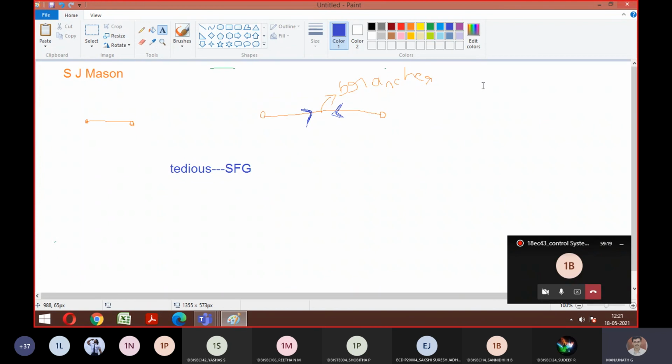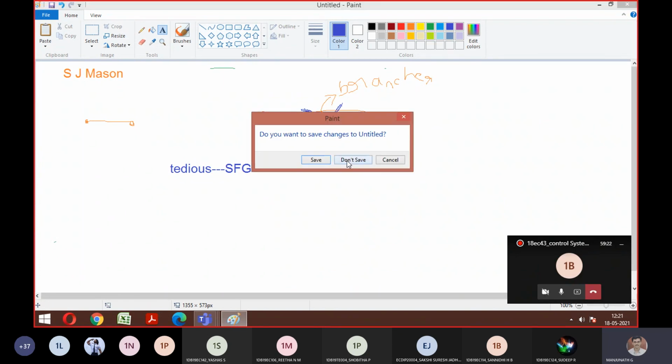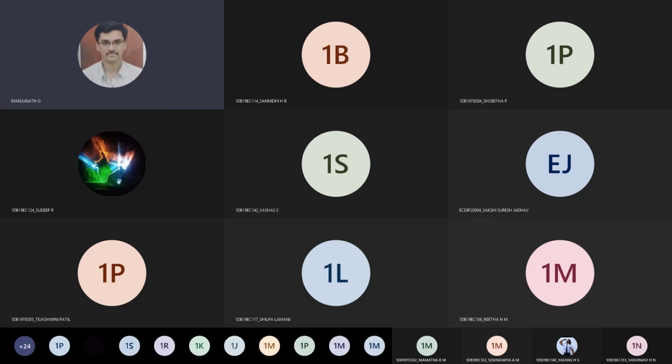Good. We'll end with today's class. If anybody has a doubt till here, you can ask. We just introduced the signal flow graph concept. I told you this is the last part in your module number 2. If you finish it, that will be the end of module number 2 for 40 marks. I told you how the 40 marks split up also. You can expect block diagram and signal flow graph as two separate questions. In any one question, you can expect 6 to 8 marks of transfer function. So the majority will be given for your block diagram as well as your signal flow graph.